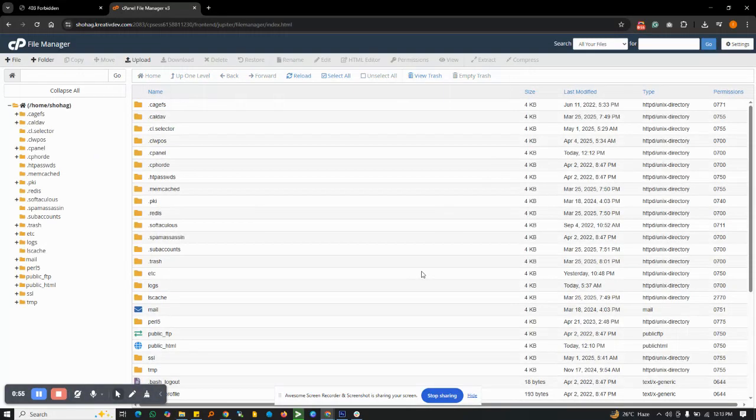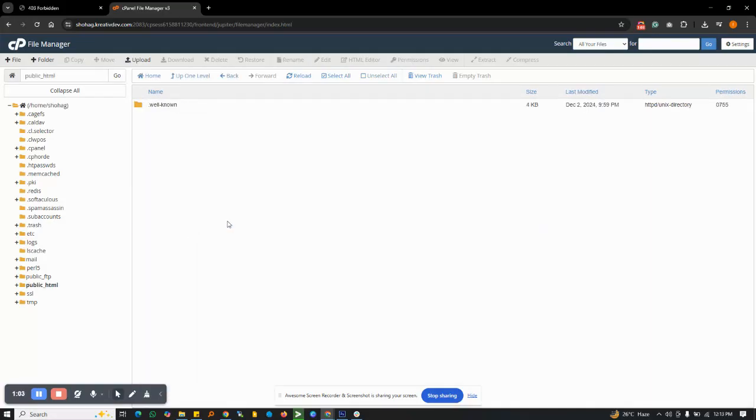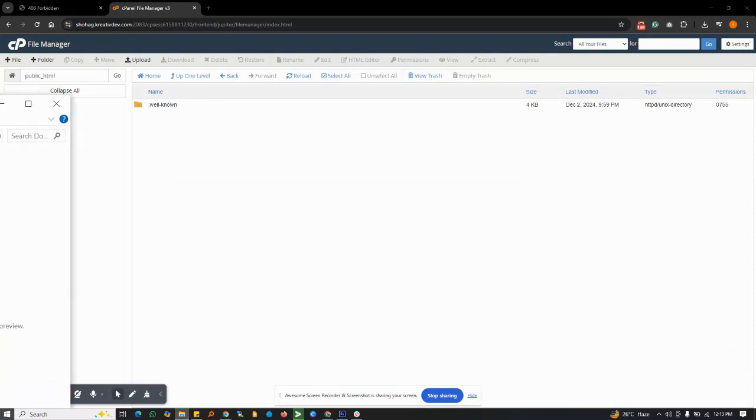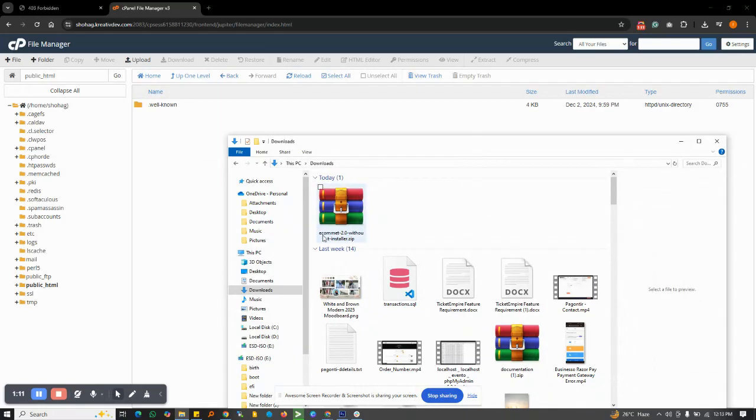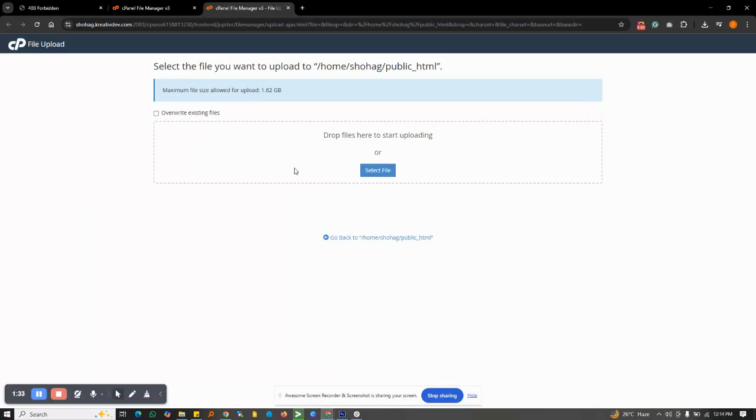the File Manager, and we will go to the public_html. So we will enter public_html, and we have already kept our installable script file in a zip folder. We keep it on our local PC, and we will upload this zip folder into this public_html folder here. So for that we will click the upload icon, and we will select